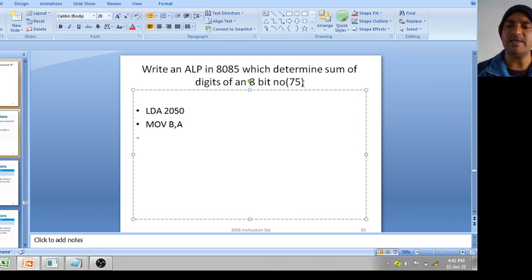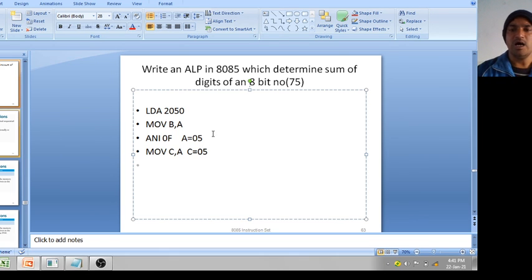I already explained, by using ANI 0F. After performing ANI 0F, it will separate this 5. It means A equal to 05. Now store it in another temporary register. MOV C comma A. It means C equal to 05.